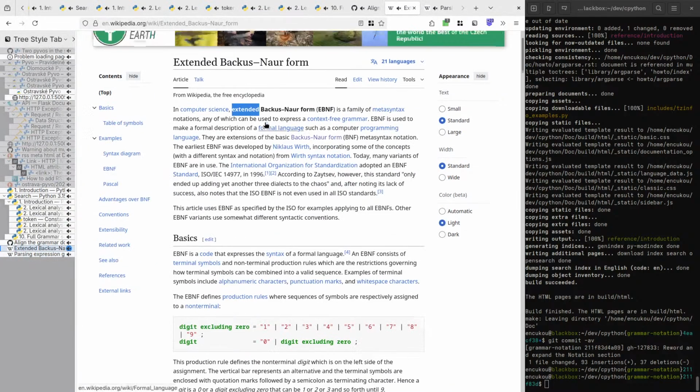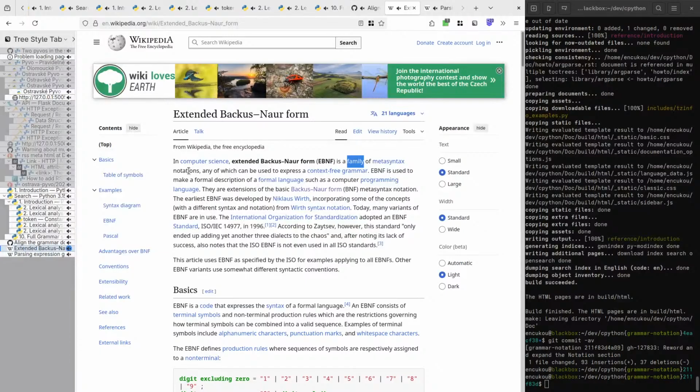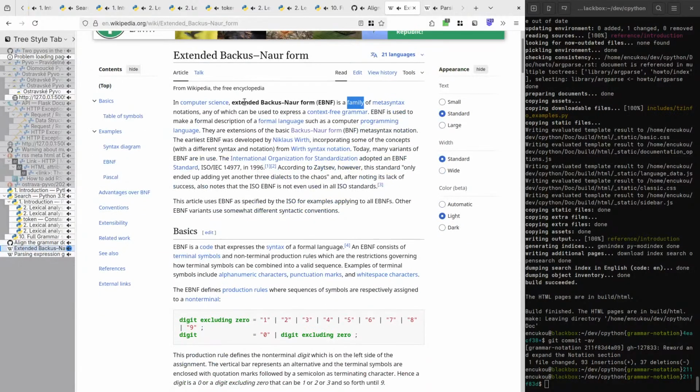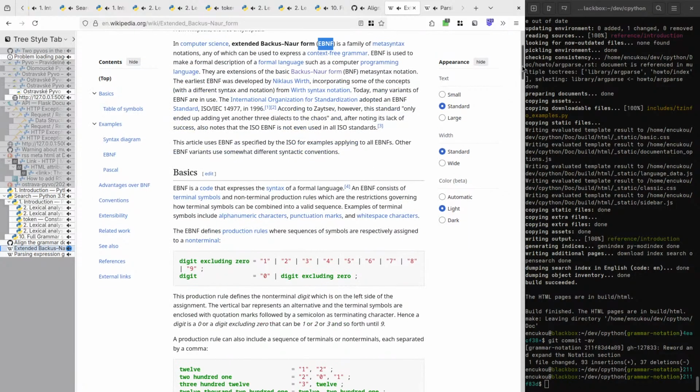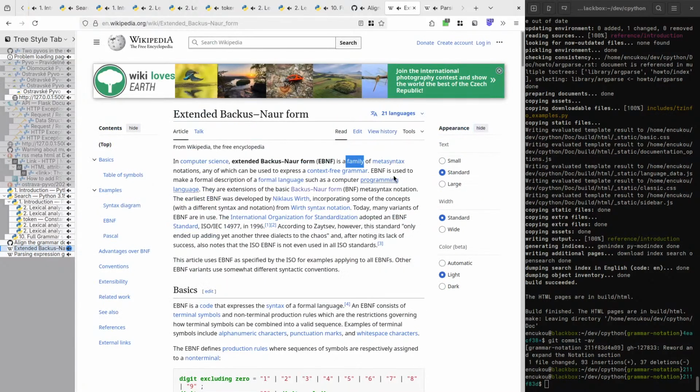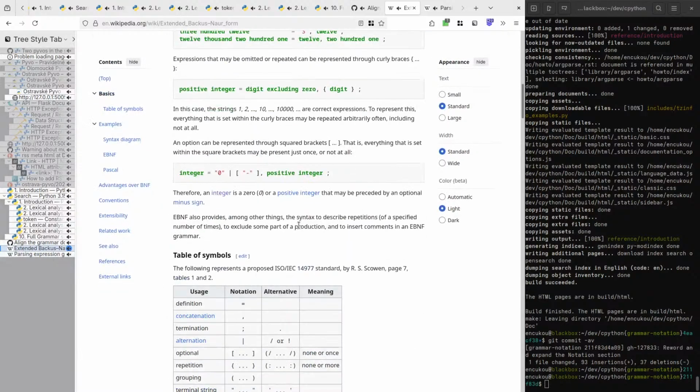Well, so extended is a family of meta-syntax notation. So if you say extended, you're just saying that it's modified. You're already saying it's modified, right? EBNF. Oh, I see what you're saying. It's not one specific notation. It's a like, they do have stuff in common, I guess.